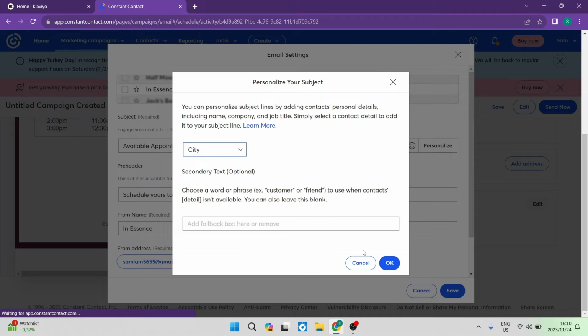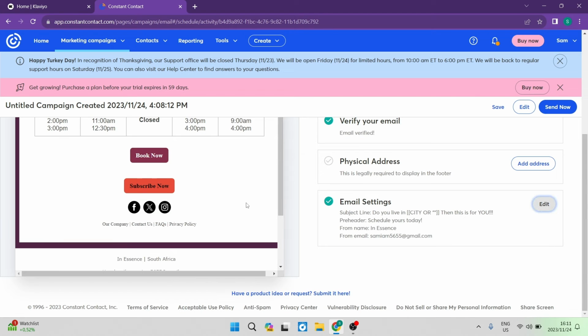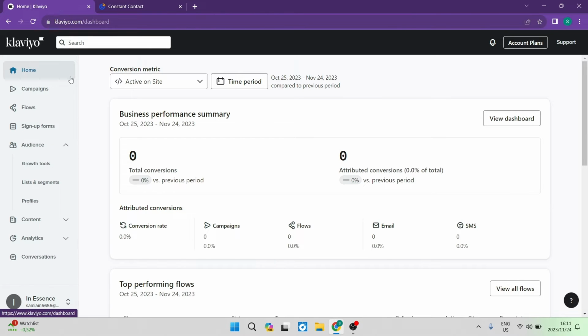So for example, if you select city, and you can say, do you live in, and then it'll enter the city that the person lives in, and then you can say, then this is for you. And we can just do something like that. So there, it's a nice feature to be able to customize your emails with, and really, it's very easy to do. Now, let's move on to Klaviyo and have a look at just one or two things that you can